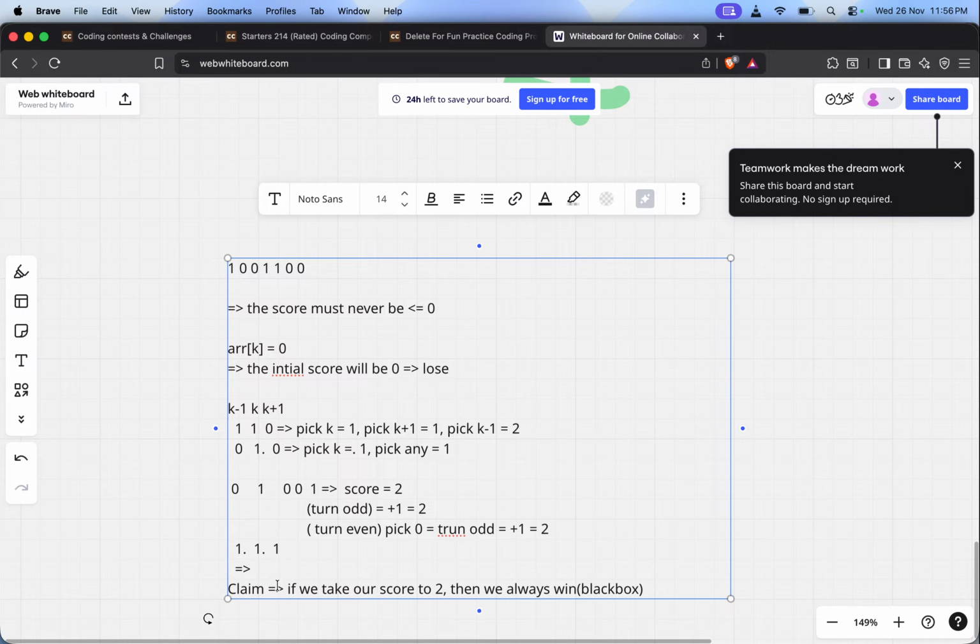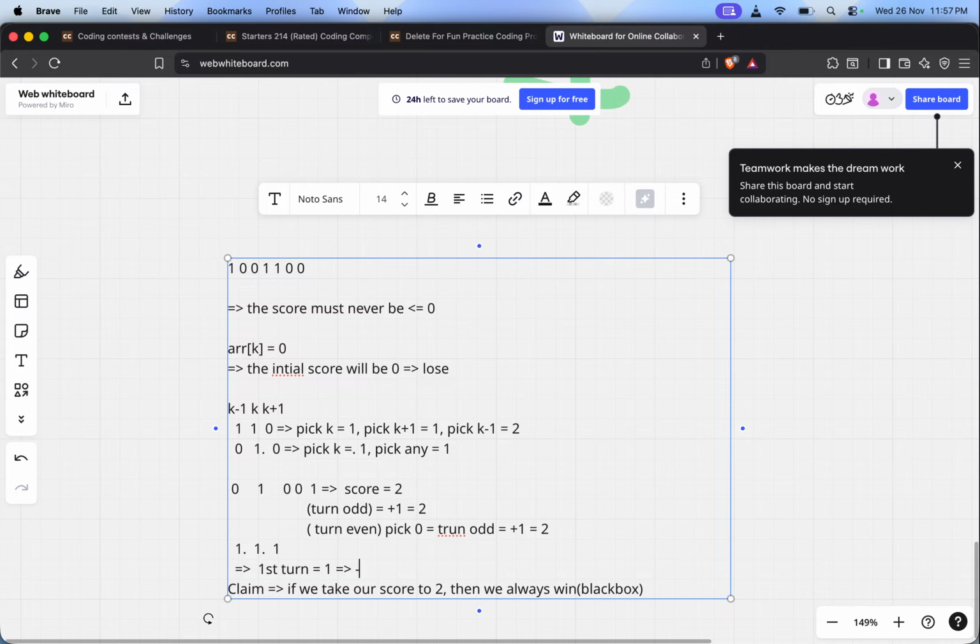So 1 1 1 is the scenario left over. So what can we do now? For the first turn, pick this 1, score is 1. All right, now in the second turn, pick any of these, either the left neighbor or the right neighbor. Whatever we pick, we get -1. All right, score is equal to